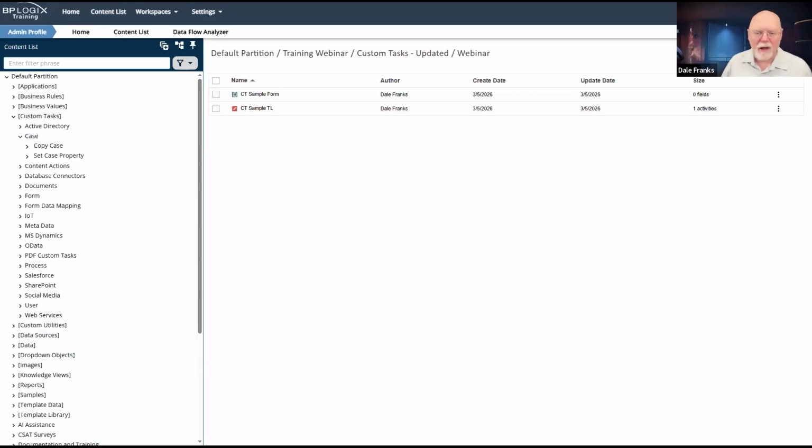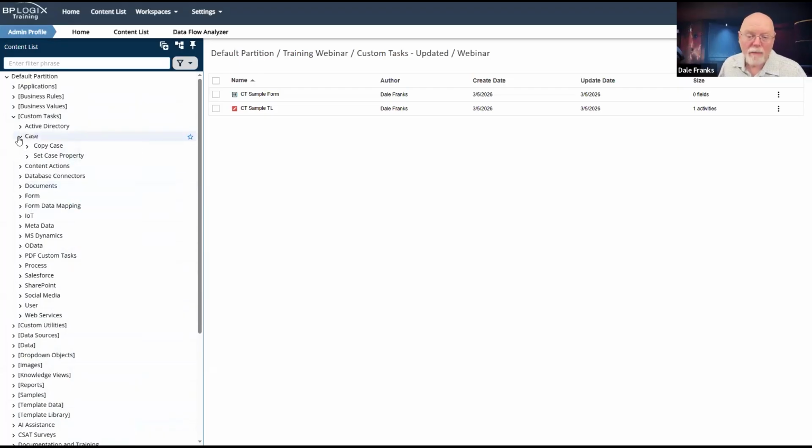The reason that they're here in these folders at the root of the partition is so that when I'm importing from another system, it knows where to look for my data sources or my drop-down content list objects. And of course, the template data and the template library, all of that needs to be at the root level. So you could put them somewhere else. We very strongly recommend that you do not.